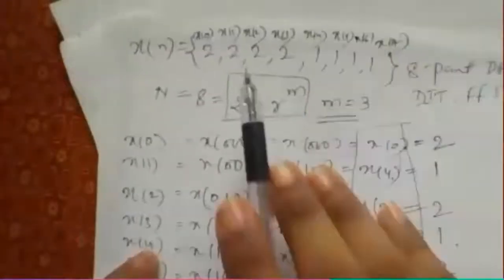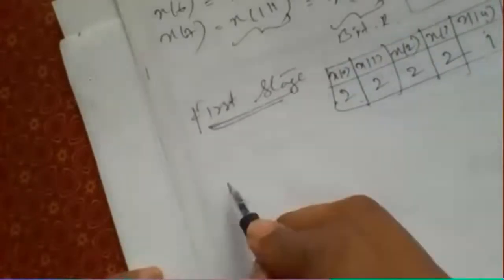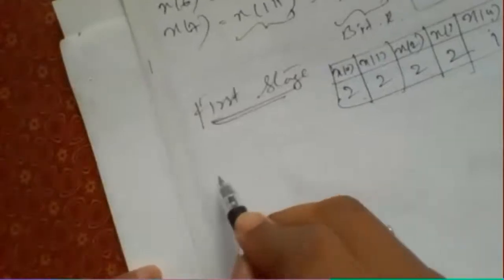Okay, so you can write a table like this, then you can substitute, or else directly from the problem itself if it is easy for you to identify. So here itself you can mark the samples and write down. So ultimately, before entering into the first stage, this decimated sequence should be ready, and now this will act as an input for the first stage. Therefore, the first stage computation, as we have done in that 4-point calculation also, just go on writing this.